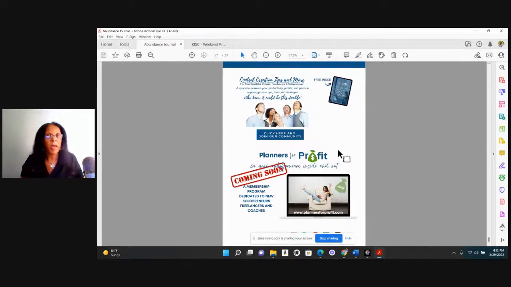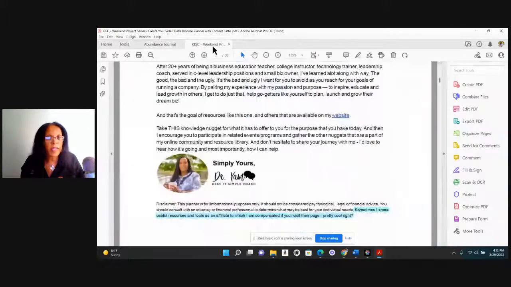Another way that you can do that is inside of the links related to the content. So anytime as you're going through your edits and reading, and there's a reference to something, and you have either an affiliate link or your own material that has something to do with that subject matter, then include a hyperlink in it. That gives that person an opportunity to say, oh, there's a link right here, I can click on it.